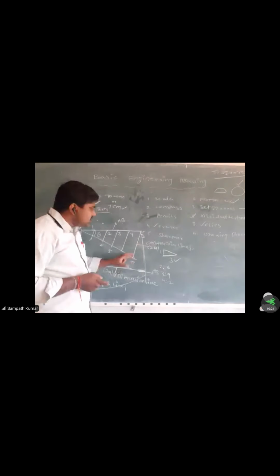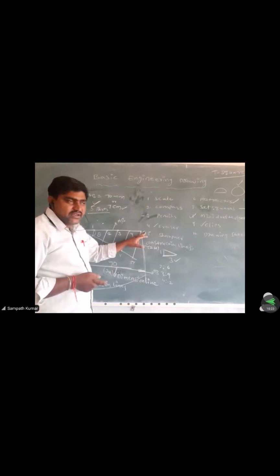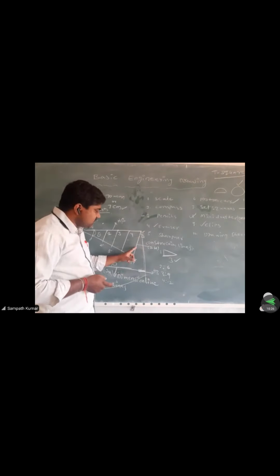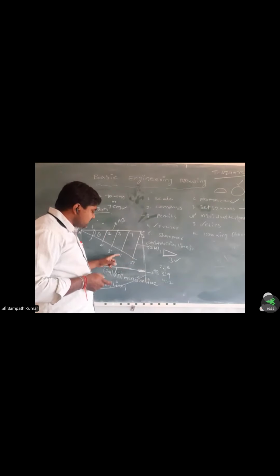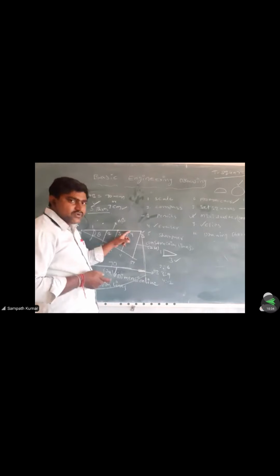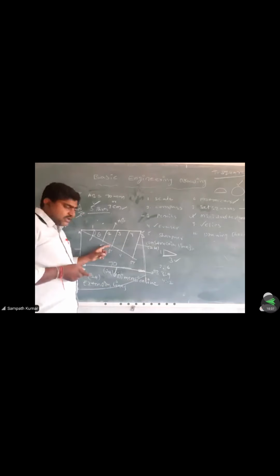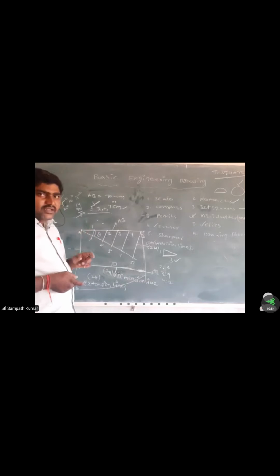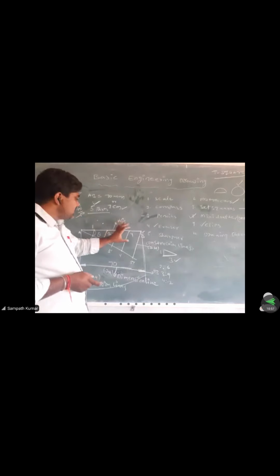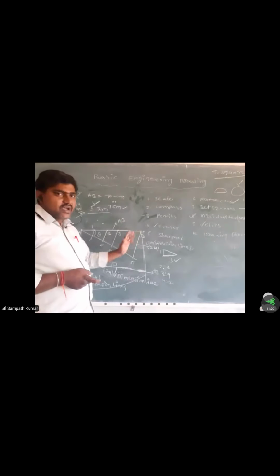Then the last point is joined with point B, the end of the line. Then we have to draw lines parallel to this line. All the lines must be parallel to each other. Draw the line parallel to B5 dash passing through 4 dash; the intersection point on AB is 4. Draw the line parallel to B5 dash passing through 3 dash; the intersection point on line AB is 3. Then the line parallel to B5 dash passing through 2 dash; the intersection on line AB is 2. Then the line parallel to B5 dash passing through 1 dash; the intersection point on line AB is 1. We get the points 0 to 5.